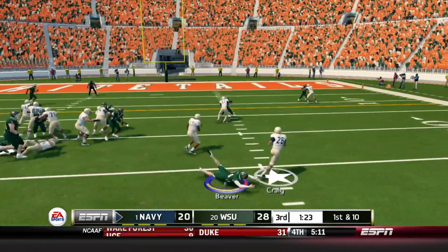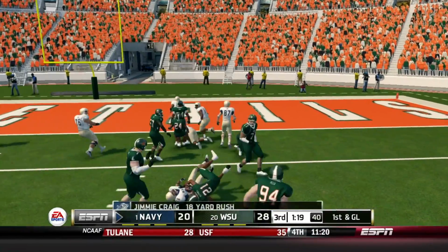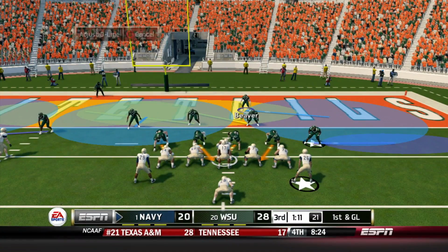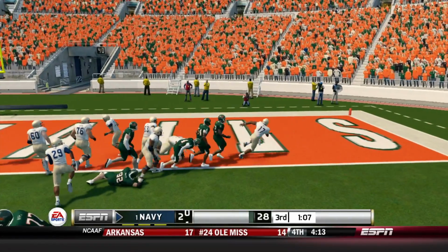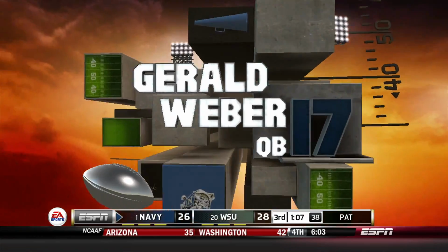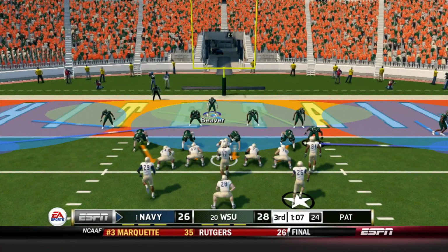So now here on a 1st and 10 this time. Here's Jimmy Craig with the carry out to the right side, and he's going to get inside the 10-yard line on that one. Gain of 18 and another first down. So now they're inside the 5-yard line. This time Weber is going to keep it. That's a touchdown run 5 yards out, and Navy is a 2-point conversion away from tying this game up,